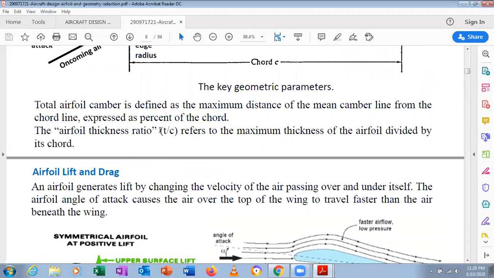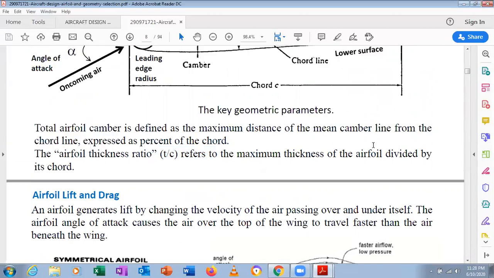And also this is called airfoil thickness ratio, we will call T by C. That is called airfoil thickness ratio. It refers to the maximum thickness of the airfoil divided by its chord. That is called T by C, we will call. And we can